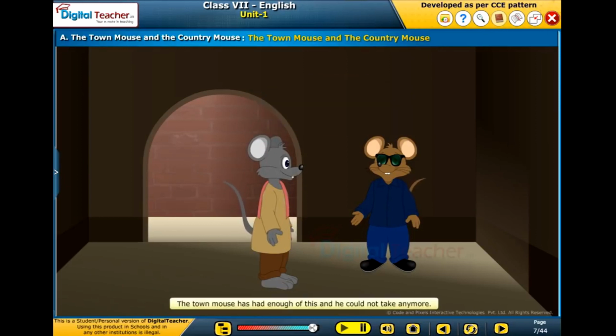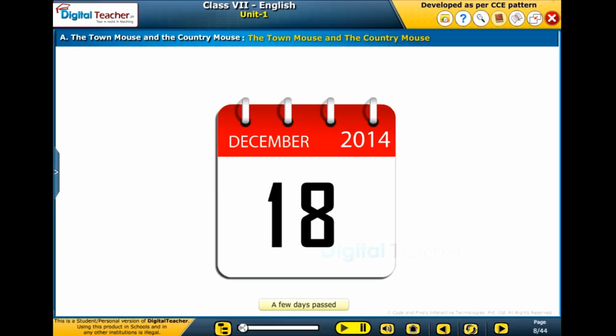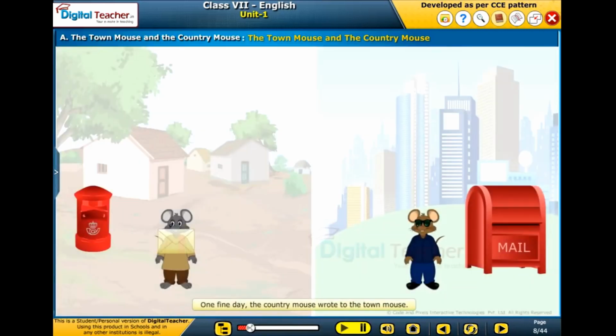The town mouse has had enough of this and he could not take any more. Thank you, cousin, but I need to catch the next train home. I have just remembered that I have forgotten something back there at home. A few days passed. One fine day, the country mouse wrote to the town mouse,